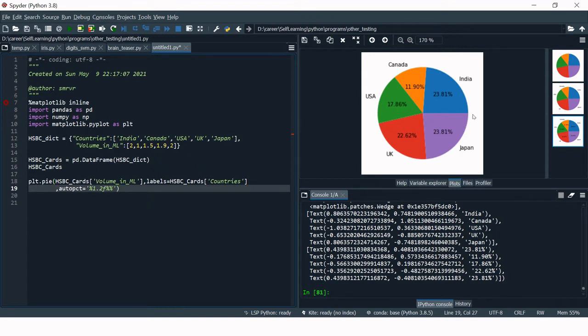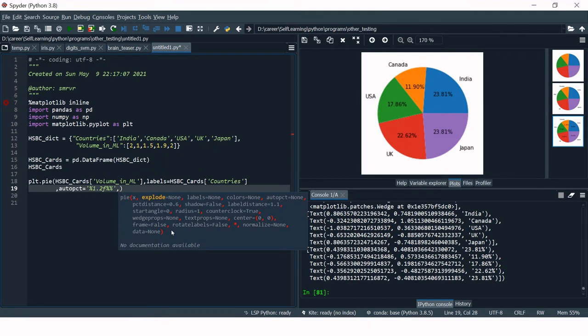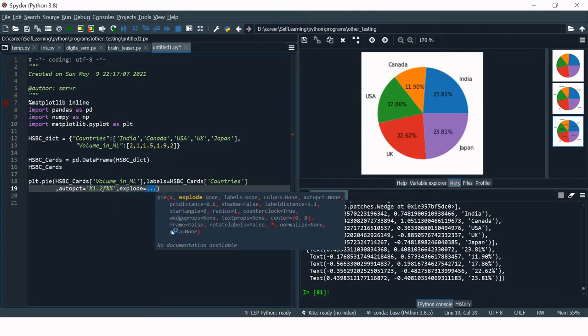Now what if you want to separate the smallest part in this pie chart? Let's say Canada, right? If you want to separate this part from the pie chart, how can you do that? For that you're going to use the explode parameter or argument, whatever you say. To provide the value for explode, it is important that you provide the value in a tuple, right?